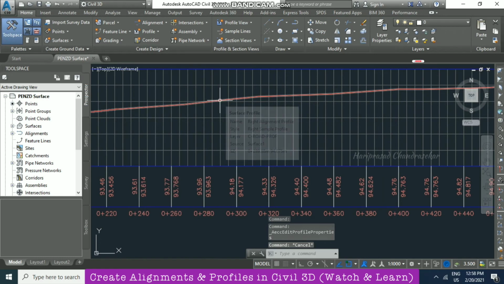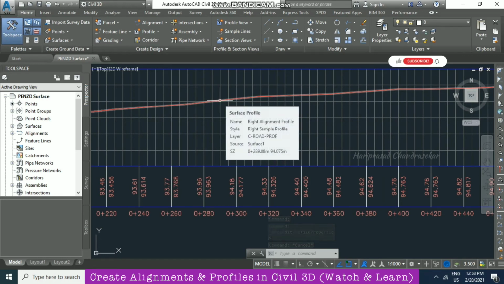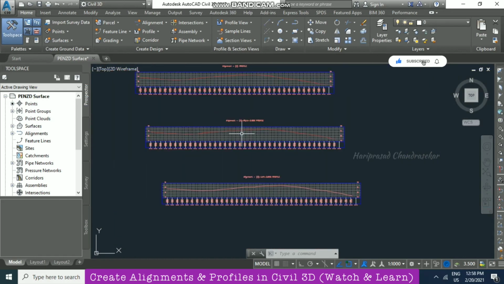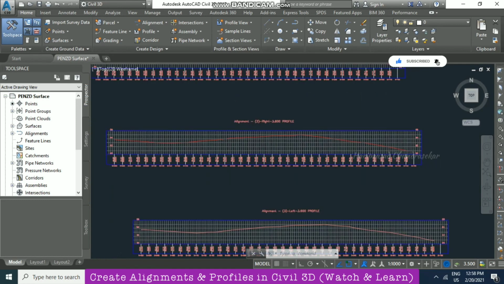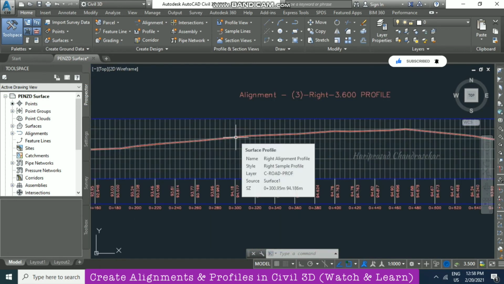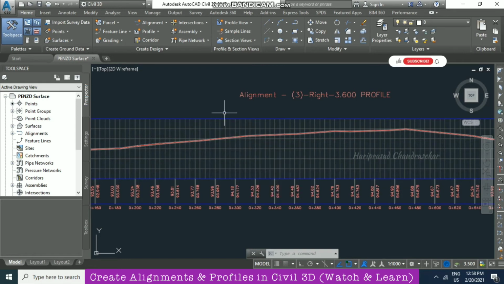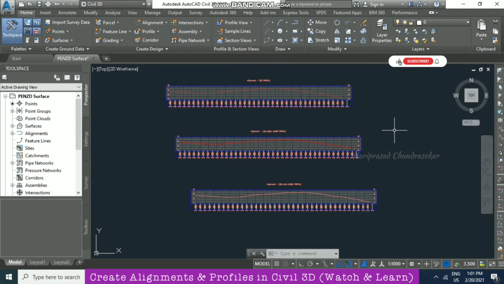So this is like a right sample profile. Even we can see the style, name, and everything once you keep the mouse over the profile. See, even we can see the layer, road profile. Now we have three profiles, main profile, and then left and right profiles as well.